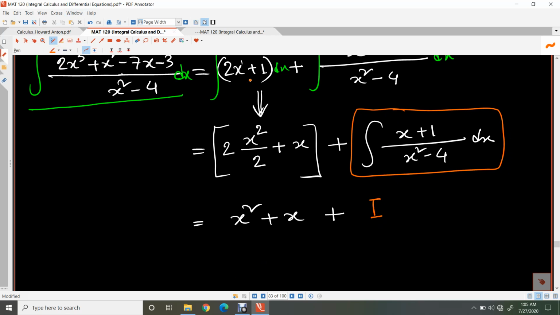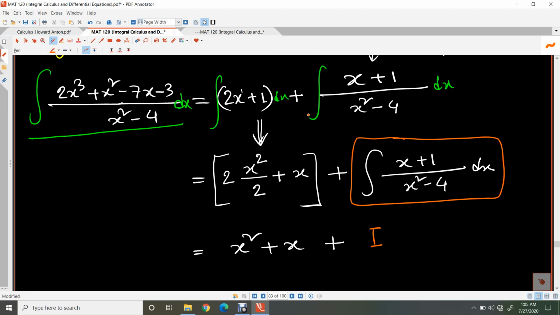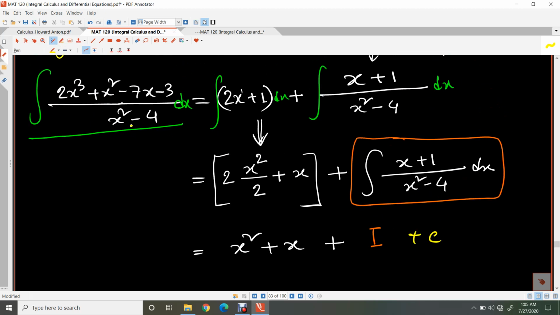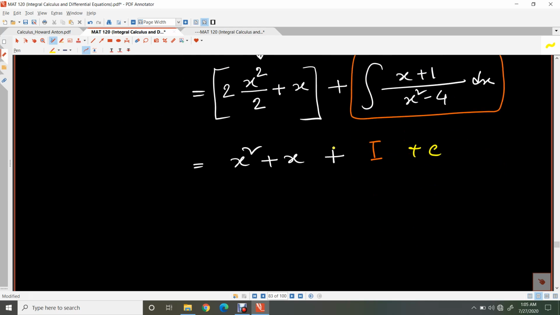So since we have two indefinite integrals on the right side, this will take a constant c1, and this will take another constant c2. The sum of these two constants will again be a constant, so there is no need to write c1 and c2. We will just place a constant c. So finally, we are able to convert this improper rational function to a quotient plus a proper rational part, and our next target is to